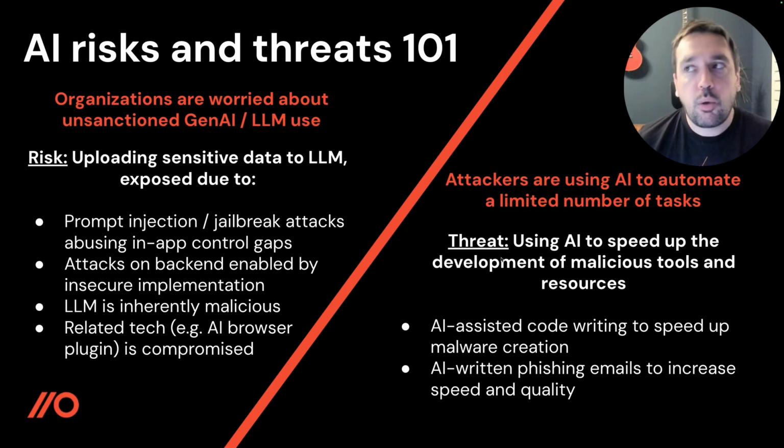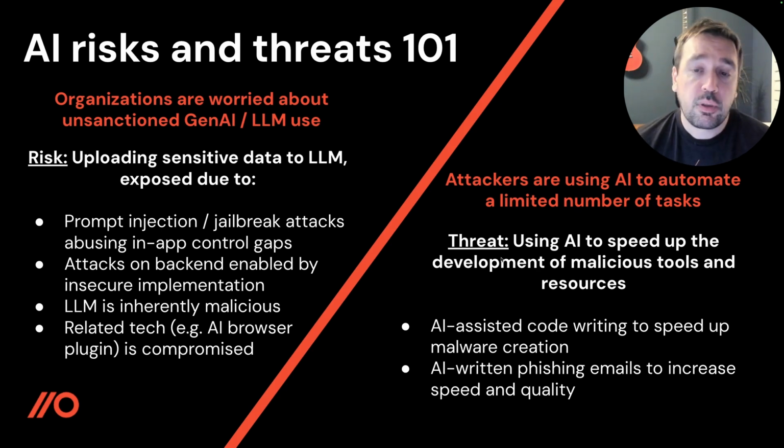But in a way, it's not really that different to the general DLP problem. There are lots of different shadow SaaS apps in use across large organizations. That's something we see hugely every day within Push. People are always signing up for apps that aren't approved and putting sensitive data into them. So to some extent, LLMs didn't really change that. They were just a very popular app when they came around. The slight deviation was the fact that some of the information entered may potentially end up in a model and then get leaked in unexpected ways. That's the bit where it's slightly different. But broadly speaking, that's one general area of risk.